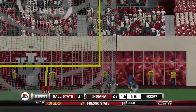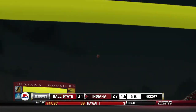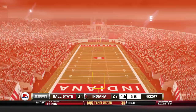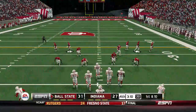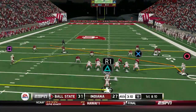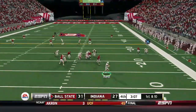3 minutes left. I mean, it makes it a 4-point game, I guess. I don't know. I guess you get a lead if you get a touchdown. You know, every coach is different on what decisions they want to make. So he wanted to kick the field goal. Makes it a 4-point game. So now Neil, obviously, Ball State, and Nate Davis just want to kill the clock, get as many first downs as he can,